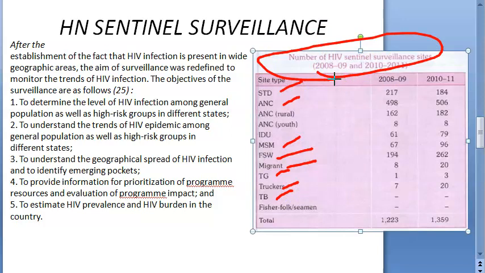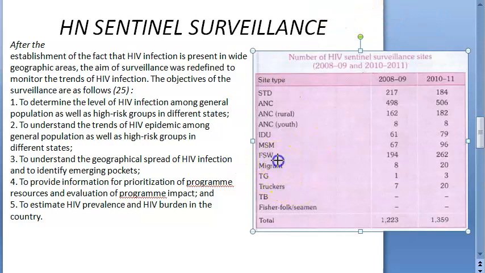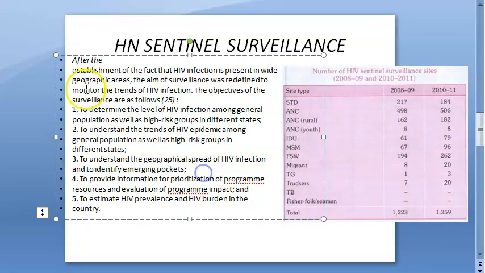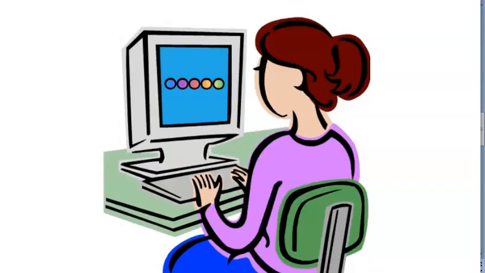Wherever you can get information, go to where truckers are. That will be a sentinel site for you. Go where migrants are. That would be a sentinel site. Go where there are female sex workers. That is a sentinel site. Men having sex with men, if there is some gay club, you can go there and check them. All those become sentinel sites. Whenever a woman comes for an antenatal checkup, that antenatal checkup clinic itself can become a sentinel site. If there is an STD clinic, then fisher folk, seamen, people who are at sea, those are also sentinel sites. So many sentinel sites are there for HIV. So yes, guys, let's move on to objectives.